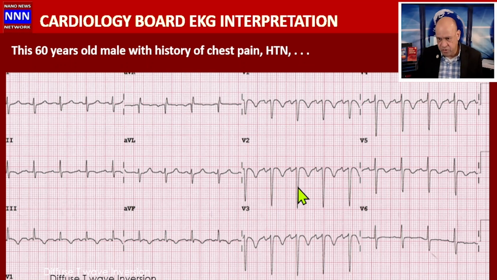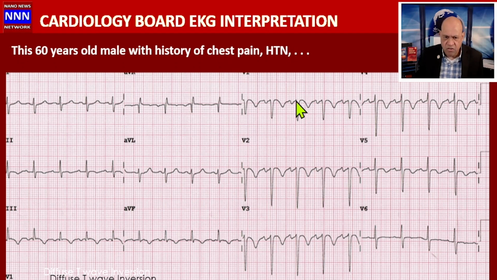If the enzymes are normal, and if the patient has these changes, and if these changes are new compared to the previous EKG, then you're talking about left ventricular ischemia. I would particularly be concerned about what the R waves look like in the previous EKG. But anyway, from an exam point of view, I would say this is sinus rhythm, right axis deviation, diffuse T-wave